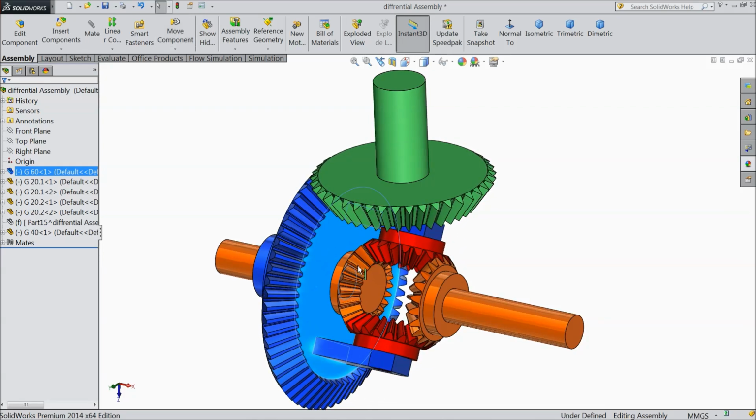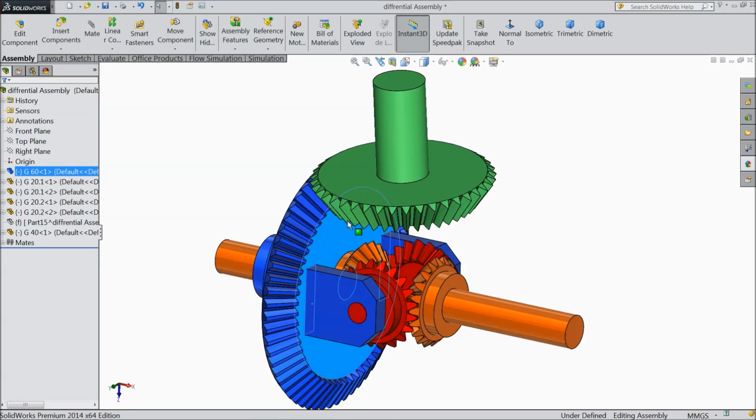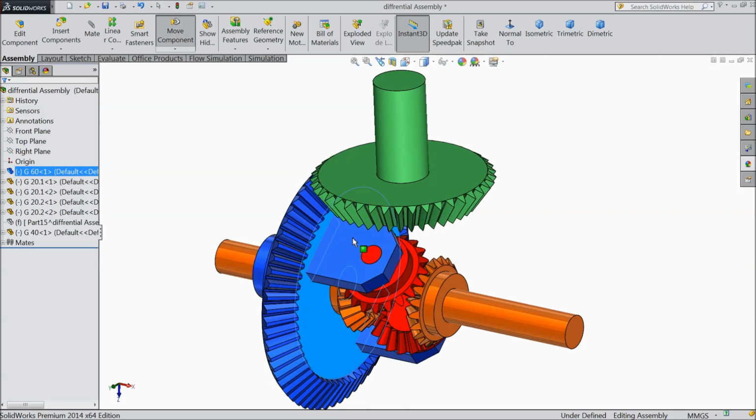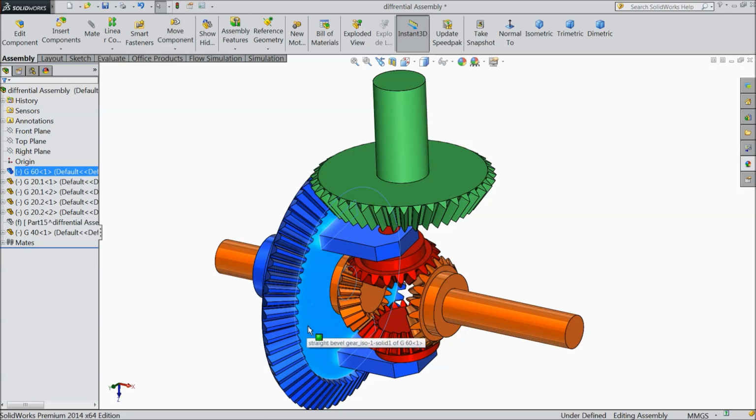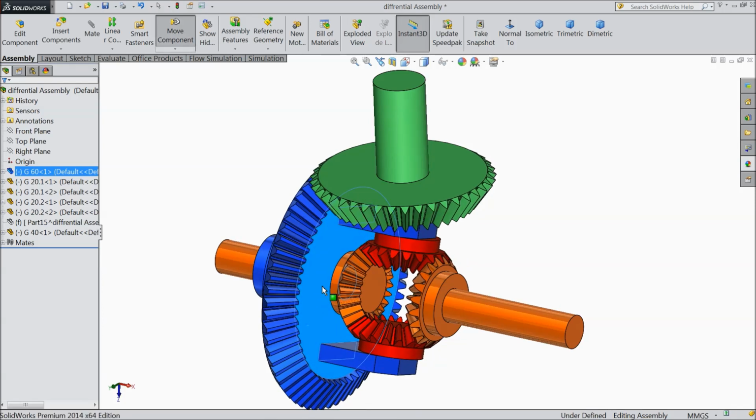I hope you understand the principle of the differential gearbox. It just transmits the torque from the engine to the wheels, and the wheels will adjust according to their requirement while taking the turn